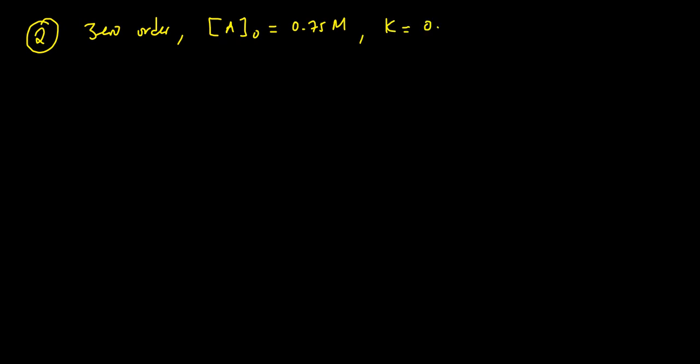So the next, number 2. Let's say they give you a question to say the initial concentration of a reactant in a zero order reaction. Let's say they've told you this is a zero order reaction. I'm just trying to summarize it. I don't want to write the entire question. And then the initial concentration, let's say it is at 0.75 molar. And then they also tell you that the rate constant K is equal to 0.015